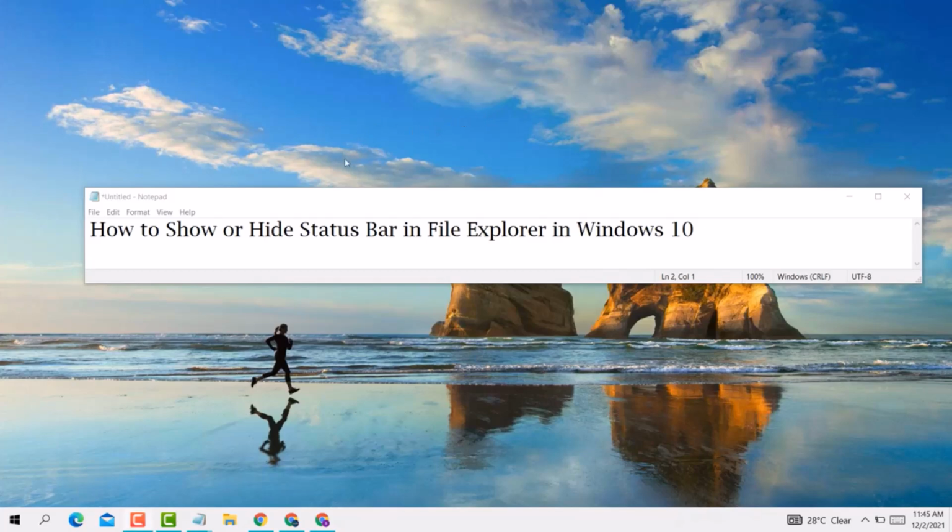Hello everyone guys, today in this video I'm going to show you how to show or hide the status bar in File Explorer in Windows 10 PC or laptop. So if you want to show or hide the status bar in File Explorer in Windows 10 PC or laptop,